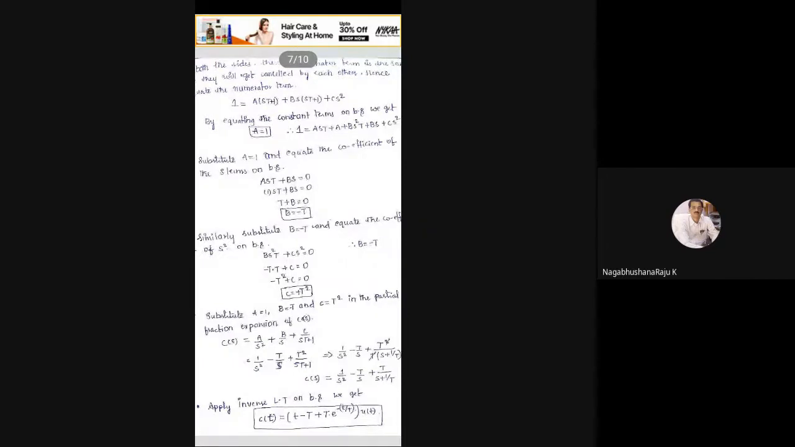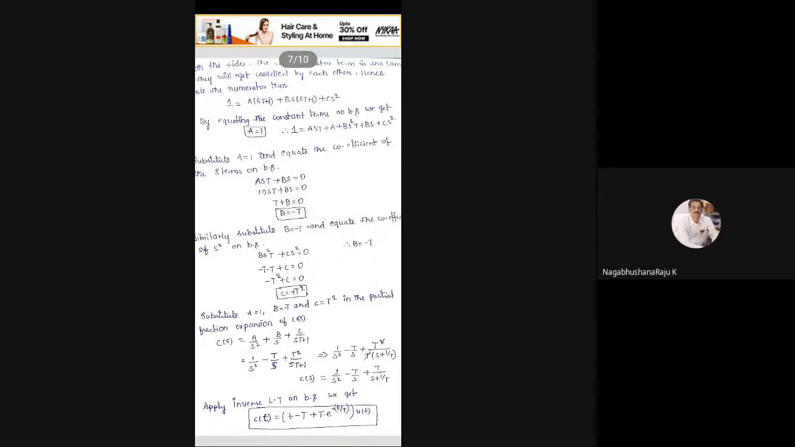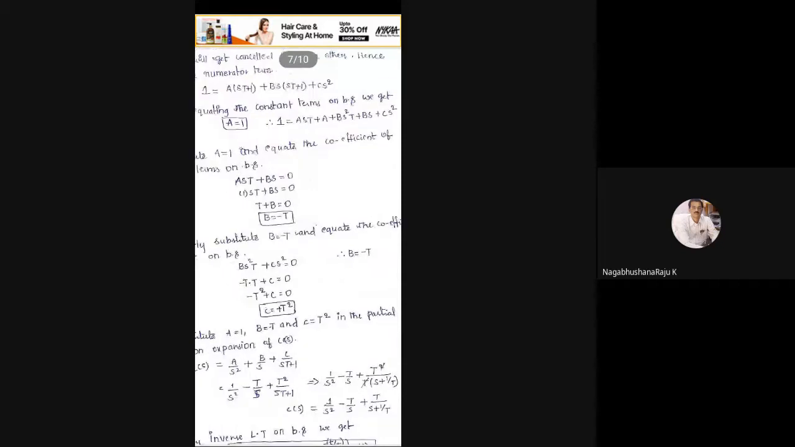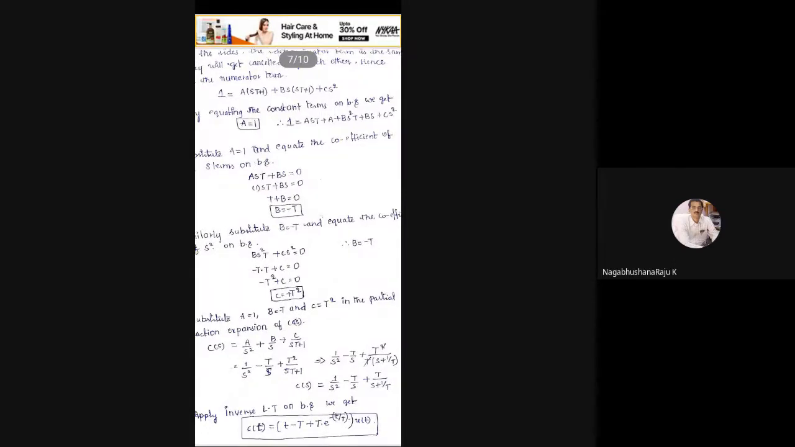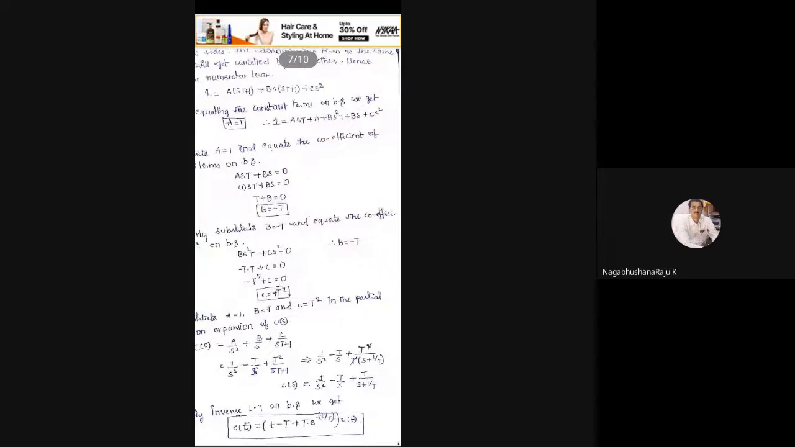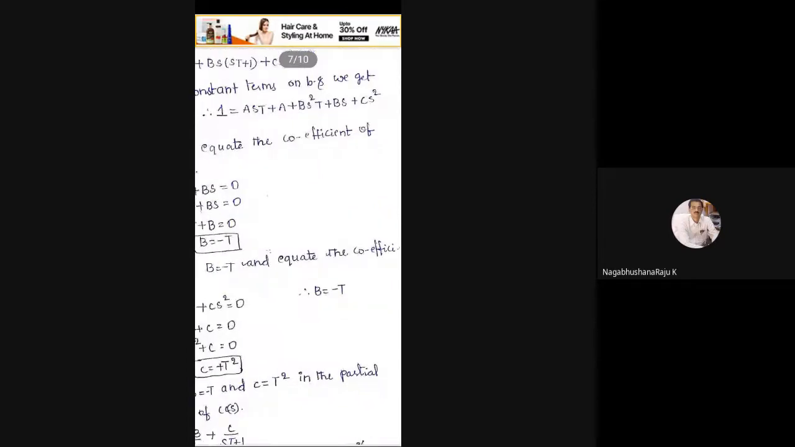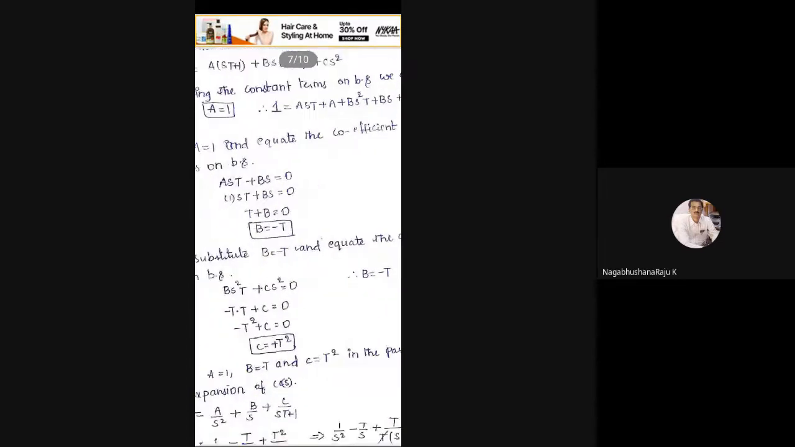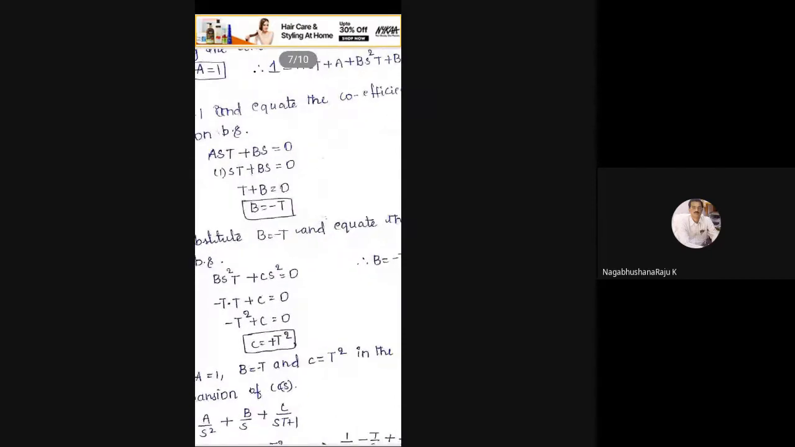Now substitute A equals 1 in the equation, that is 1 equals AsT plus A plus Bs square T plus Bs plus Cs square. We get A equals 1. Now equate the coefficients of s terms on both sides. In this equation, we have s terms AsT plus Bs. By substituting A equals 1, we get T plus B equals 0,